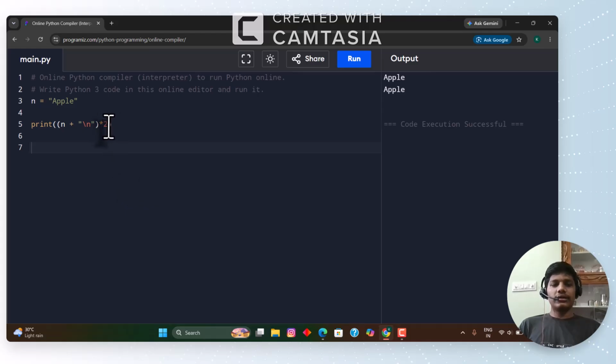So we already multiplied by two. It will print the first apple, go to another line, and print another apple, because we multiplied by two. If we do three, it prints, goes to another line, prints, goes to another line, like that. So this is the way to do it. Otherwise, if you remove this n here and print it here,